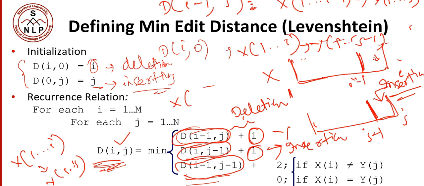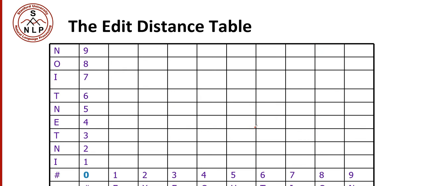Now for the extra characters at i and j, say a and b: if a and b are not equal, we need to perform a substitution operation which will cost us 2, and if a and b are equal, then it will not cost anything, given by 0. So this involves a substitution operation. I hope this is clear to you. So let us proceed forward. Now given this table, now I hope